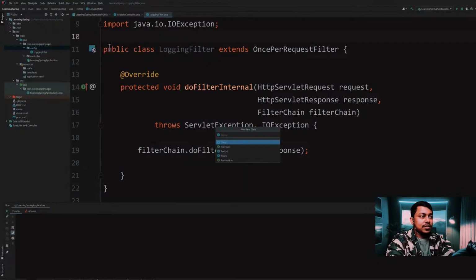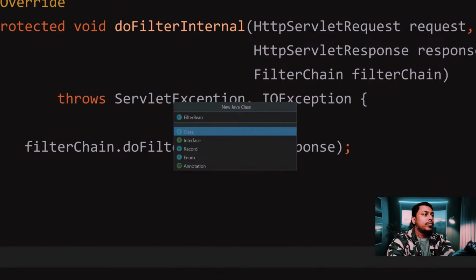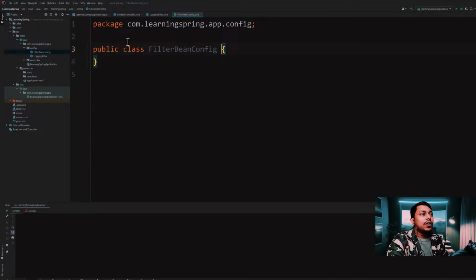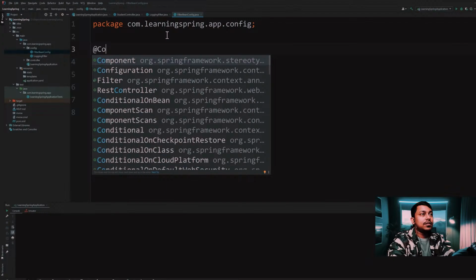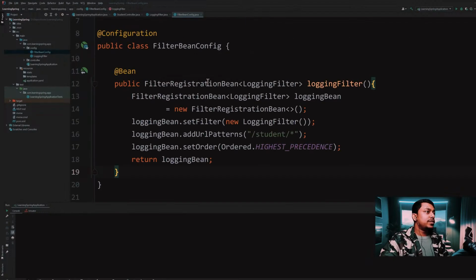Let's name the class FilterBeanConfig, and inside that class we have to implement a method which returns a FilterRegistrationBean of the type of our required filter. We make the class a Spring configuration like this. So here we want to have LoggingFilter, and we are returning a FilterRegistrationBean of type LoggingFilter,